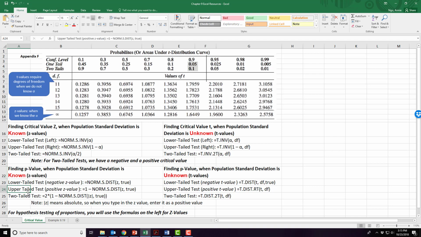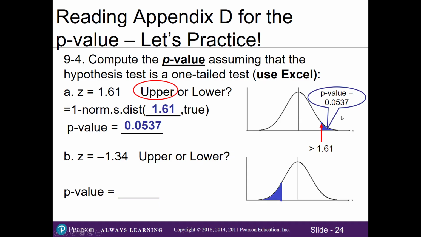So we're working with an upper tail test, and I have a little note here that reminds you that upper tails are positive z-values. So I'll type in 1 minus norm.s.dist, parentheses, our z-value was 1.61, comma, true. And so the p-value is 0.0537. So we can see that the p-value, or the area here, is